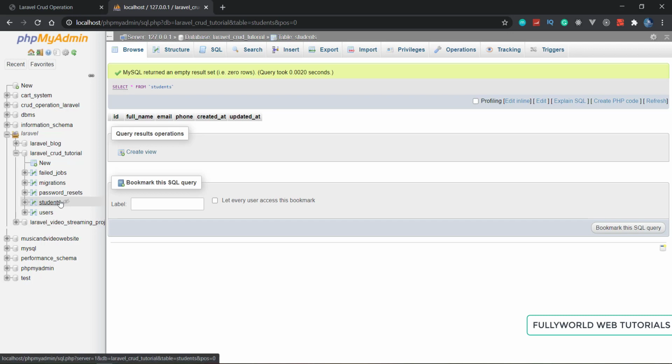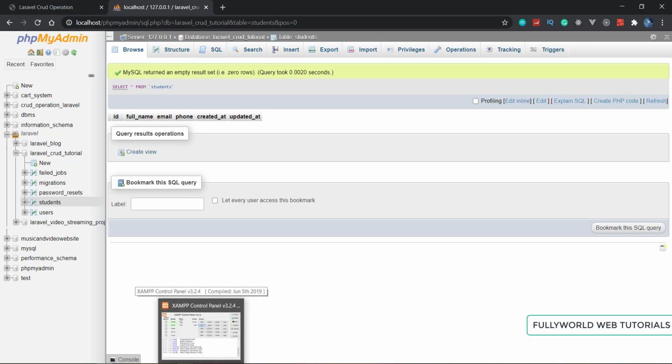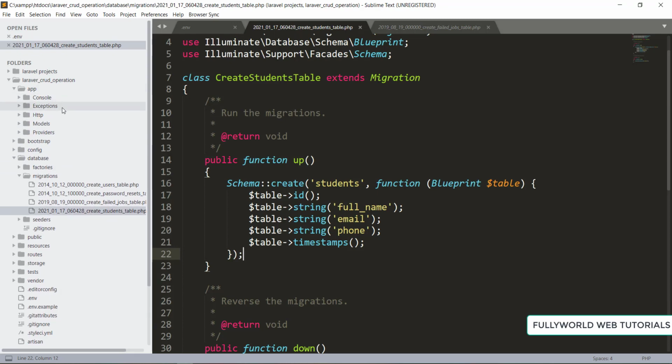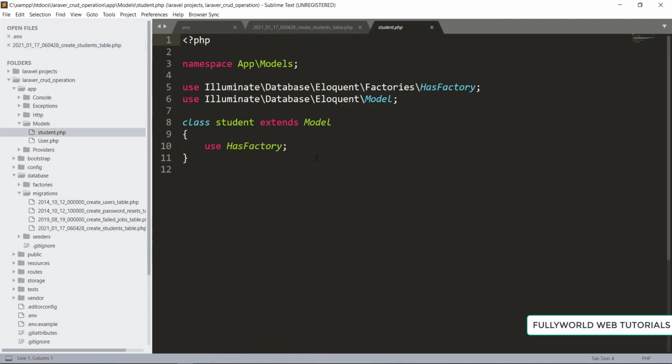So today in this Laravel CRUD operation, we are only going to deal with our student table with the help of the student model that we created in the previous video. This is our student model here. Simply go to app, then models, and student. Today we are going to add our create operation.